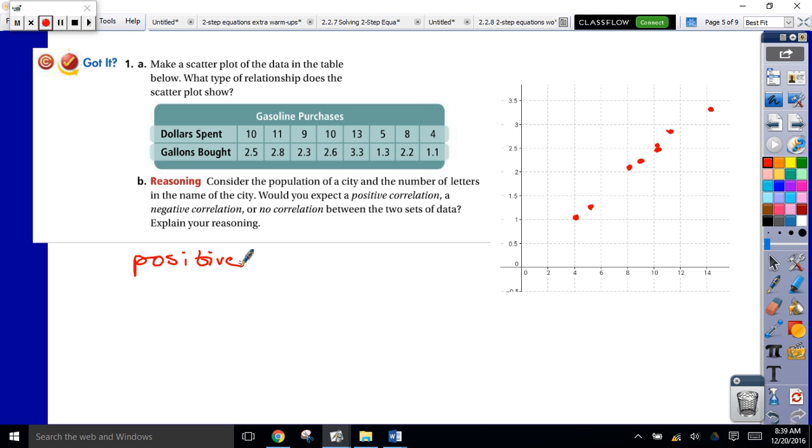So we want to start with as the dollars spent increases, because whatever we graph on the x-axis is our independent variable. That's the thing that affects the other one. So we would want to say as dollars spent increases, gallons bought